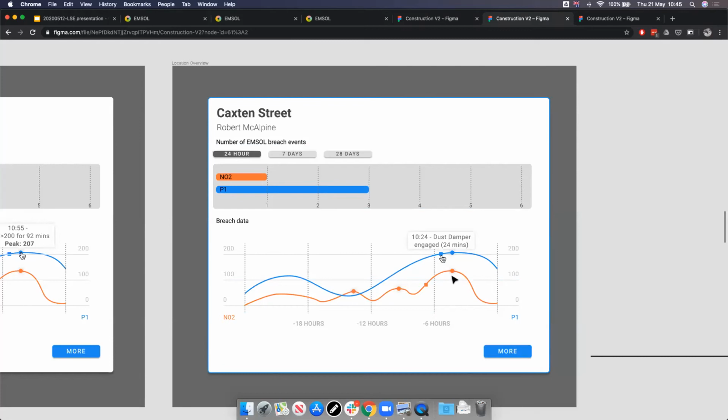We're looking at doing bus integration using the TfL unified API to get the bus information, and we can put the transit of buses past the site on this graph, so that can be added for a bit of context. And we can also add external data feeds such as the London Air Quality Network and other kind of nationwide air quality monitoring, so that we can see how the air quality was in the general local environment as well as on the particular site.